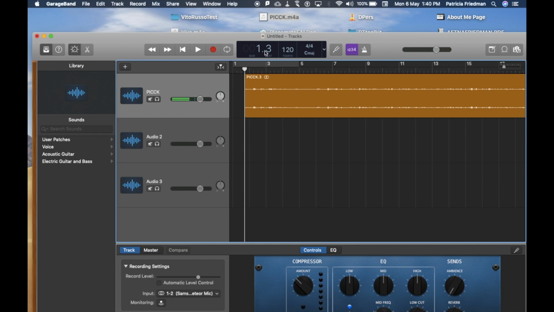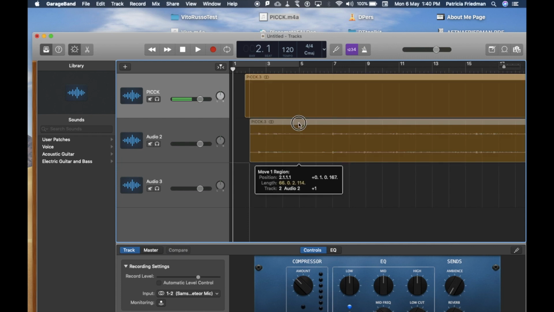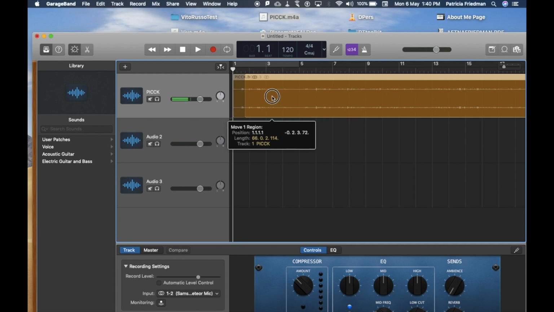So one of the next most important things I need to know is how I can actually adjust the audio. And I want to show you that actually I can pick and move this audio track all around. So I've gotten rid of that little bit at the beginning. I can just select it, hold it, pull it over, and drag it. So one of the most essential tools that you need to be able to do is to adjust the audio, because as I listen to this right now,